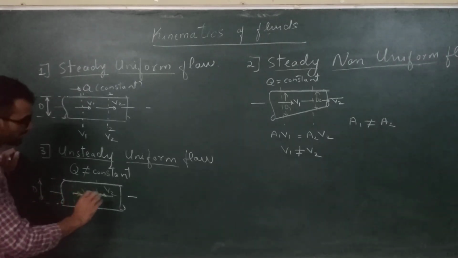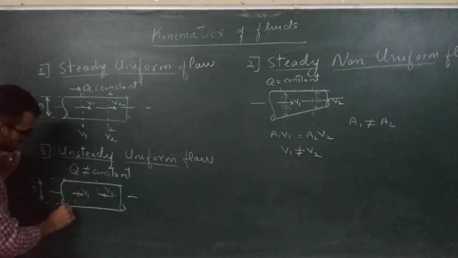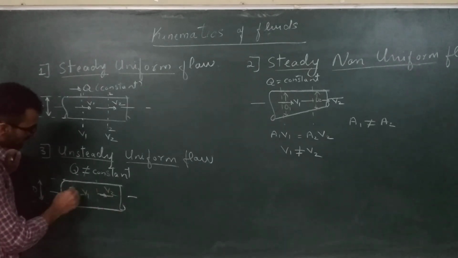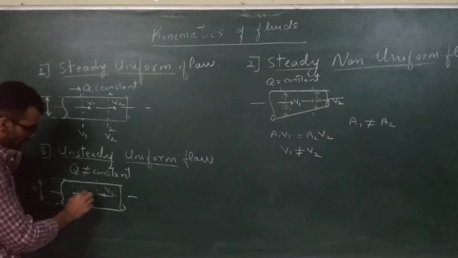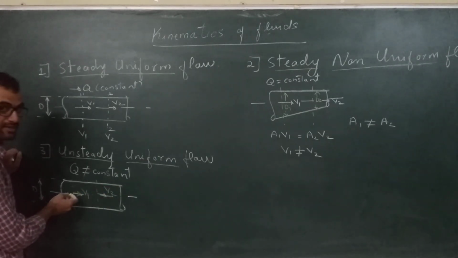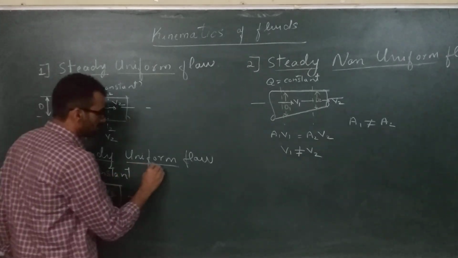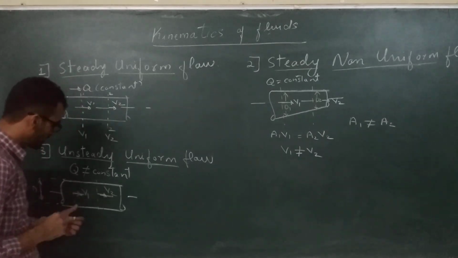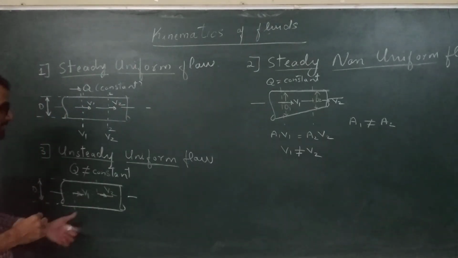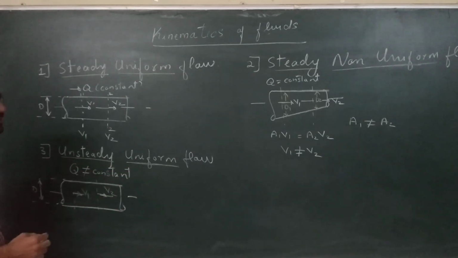Now it is quite intuitive that if you think about it closely, this situation is quite ideal, and it's very difficult to achieve in real life, because if you change discharge at this point, it will take some time to change the velocities. So velocities may not be the same at any point across the pipe. So it is a kind of an ideal situation, might not be possible in reality, but theoretically when we think about the types, this is how you can imagine an unsteady uniform flow.